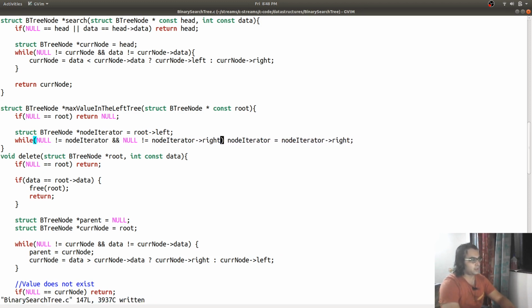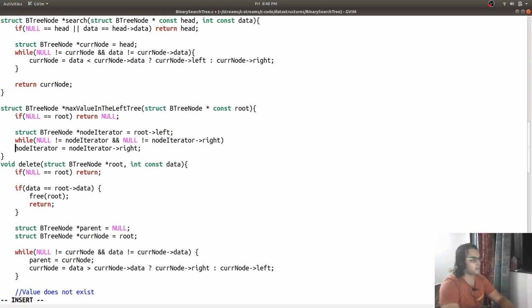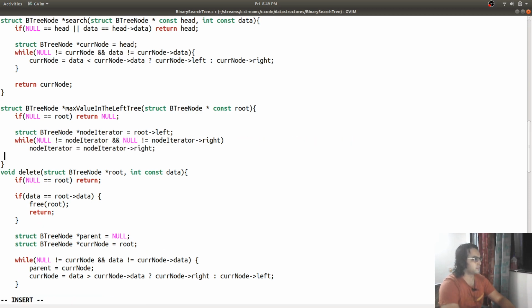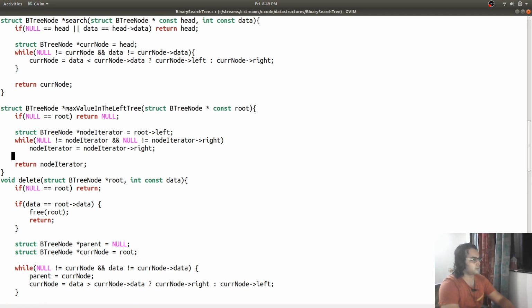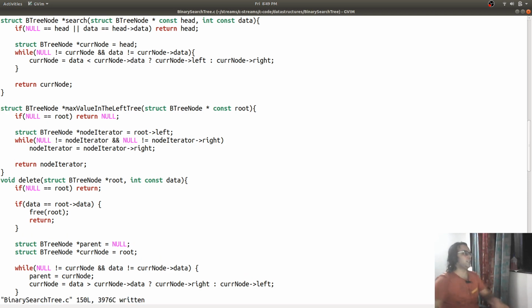This is our node with maximum value in the left tree.